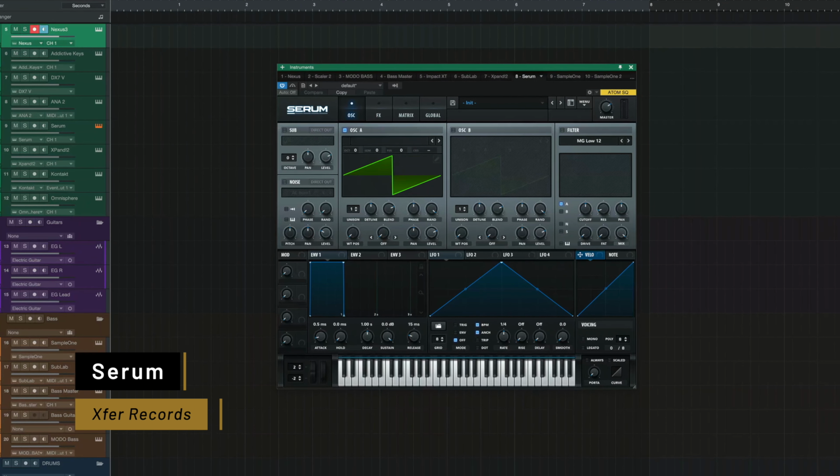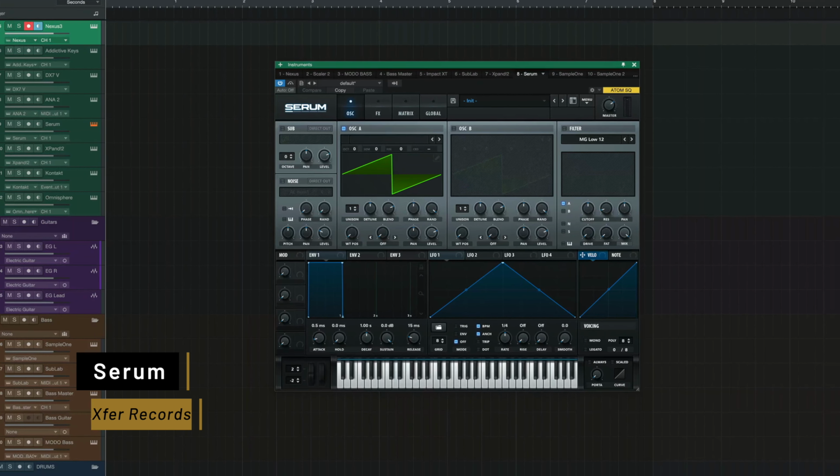But okay, jumping back into the video, to make this fair, out of the 10 plugins that I'll be mentioning today, 5 will be virtual instruments, meaning that you can actually make sounds with these, and the other 5 will be mixing or effect plugins. That way you guys get a good balance of both. Okay, so let's kick things off with some virtual instruments, and the first one on the list is Serum by